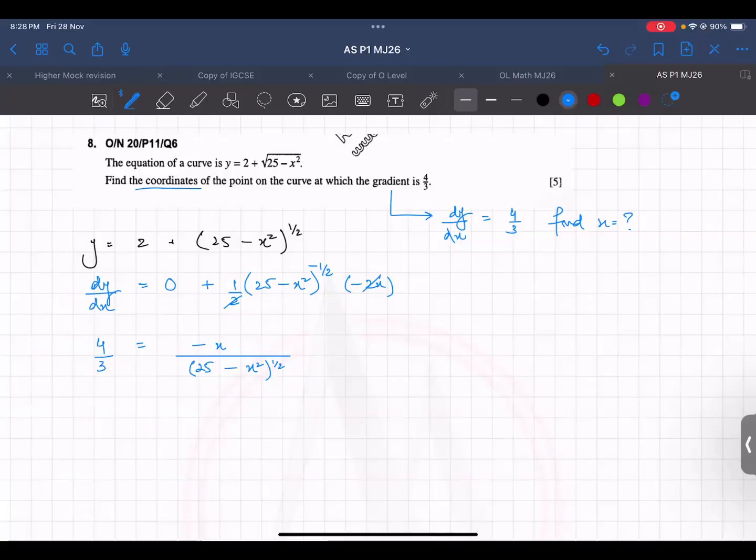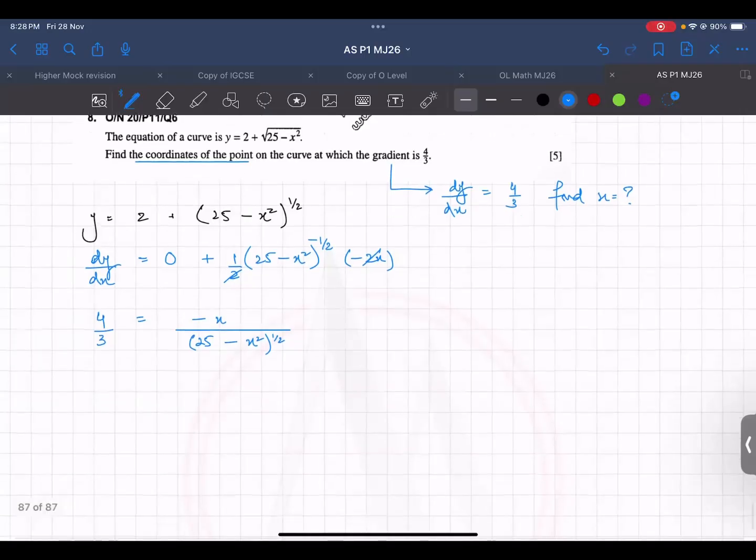Look, they're asking you for the coordinates. So first we'll find the values of x when this is happening, and then we will find the y coordinate as well, because they're asking for the coordinates. Coordinates mean the x and the y both. So how would you solve this? You can square on both sides. If you square on both sides, you're going to get rid of the square root, so this would become